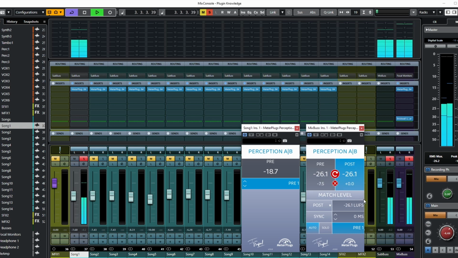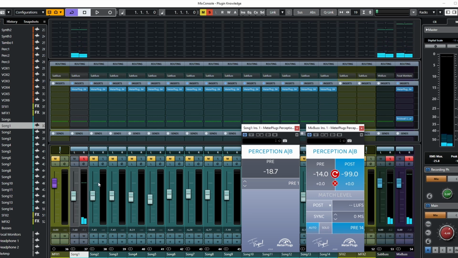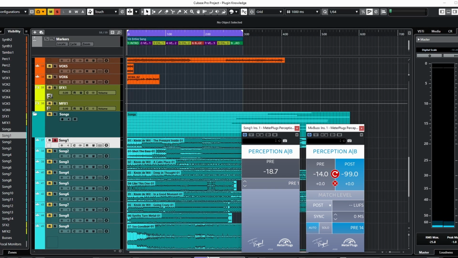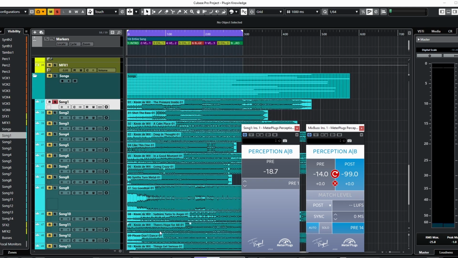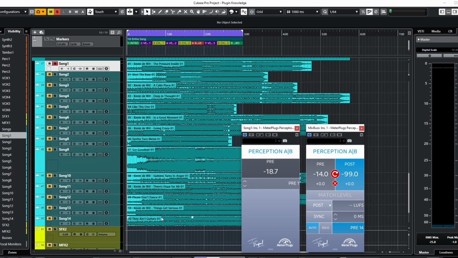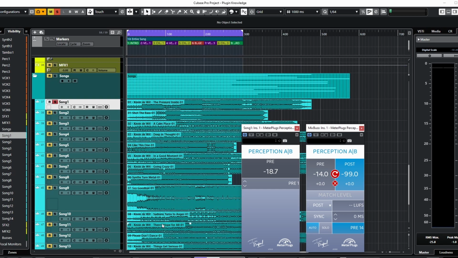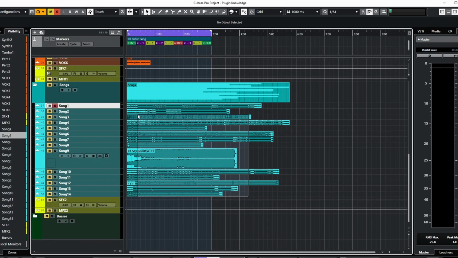So if we match levels, now if I switch, it switched to a different song and it's going to pre-2, right? Which is not really right. Now it's confused. It doesn't know what it's doing. Okay, so it's not really working in this regard. That would be because if I look at the tracks here, all of them are stacked on top of each other. There's no way for it to tell if they're playing or not. Now, if I moved them all out of the way, like had them follow after each other, could it do it then? Maybe. What I'm going to do is I'll select